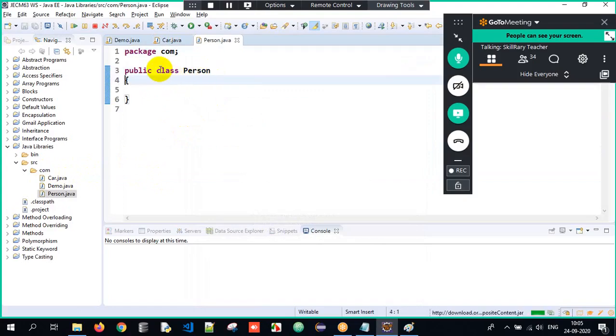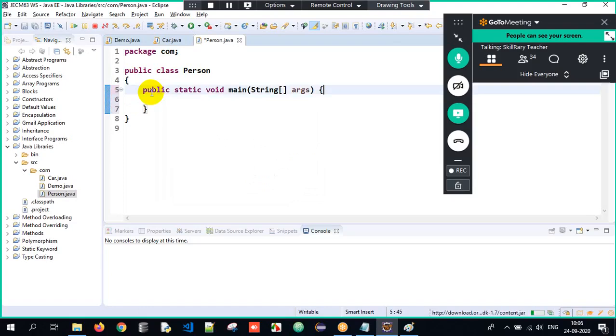I hope everyone got the clarity. What is this doing? Package com means there is a folder called com, and the class name is Person. So the file name will be Person.java, and that is present inside the com folder. Class is a blueprint of an object, and public is the access specifier so that everyone can access it. Now here I will have one main method. The main method is where the execution will always begin. Now I will create an object of Person: Person p = new Person();